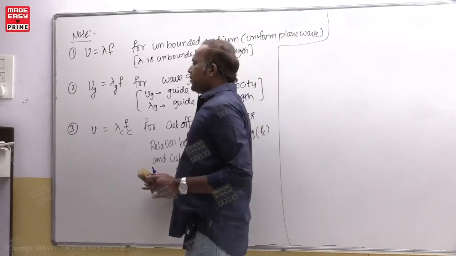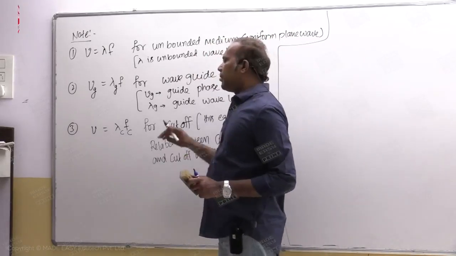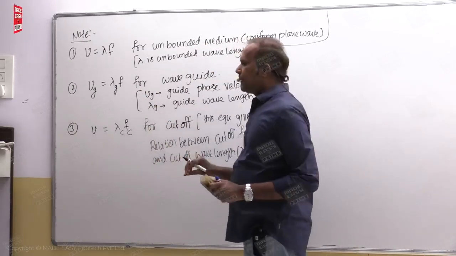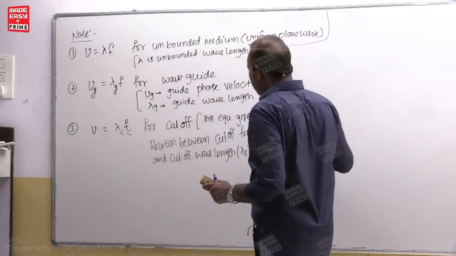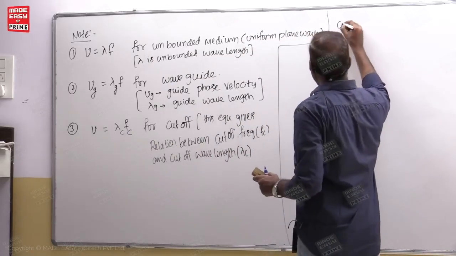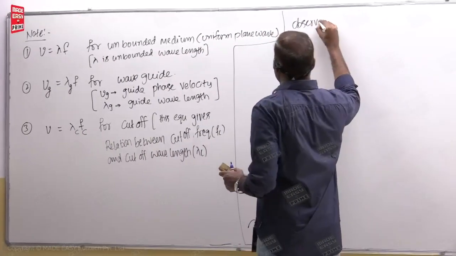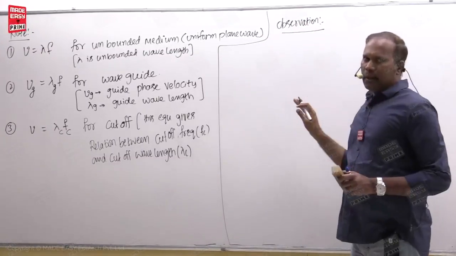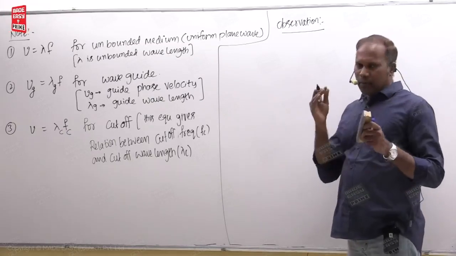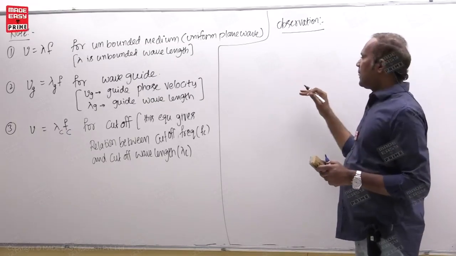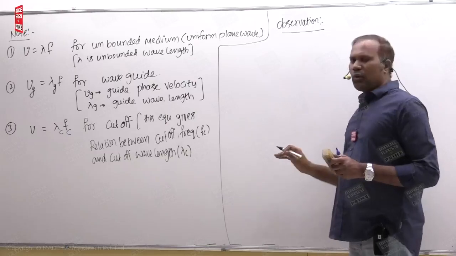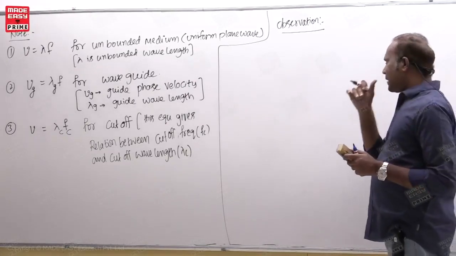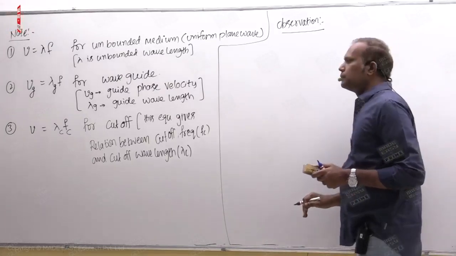Now after discussing this one, I will give some equations for lambda g. Okay, I will write here observation. Observation means just you have to observe, no need to study that in detail. But in that observation, while listening to the class, you listen carefully, and wherever a box comes, you have to learn that one. Listen carefully, all of you. Okay,